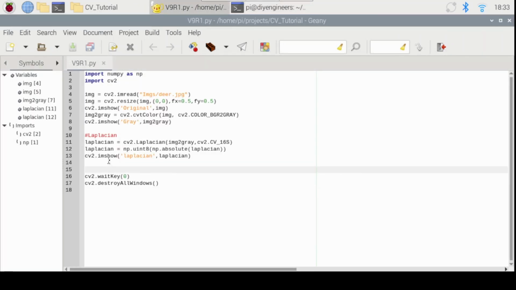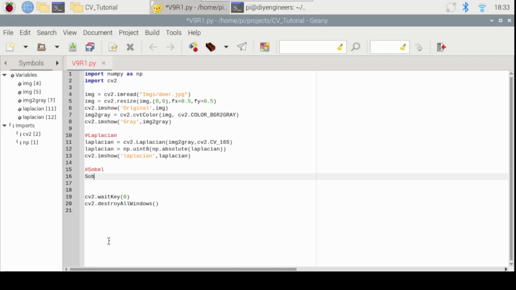So let's go into Sobel. So in the Sobel method, we're going to be calculating the gradients along the vertical and horizontal direction independently. We can then merge the two. So let's try Sobel, and we'll say Sobel. We'll calculate this one as x. That equals